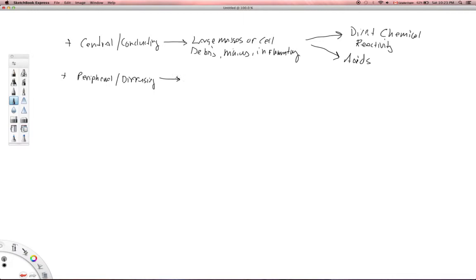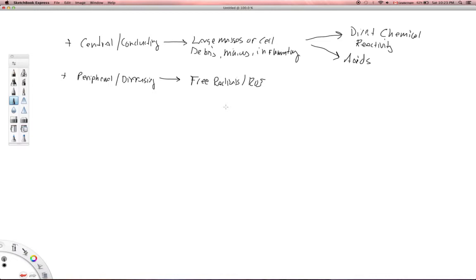The agent actually changes, and you have the development of free radicals, of which reactive oxygen species would be a subset. So free radicals and ROS are going to play a big role in the pathophysiology of the peripheral or diffusing